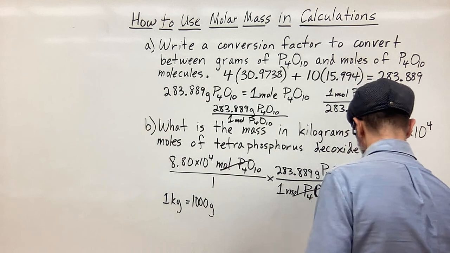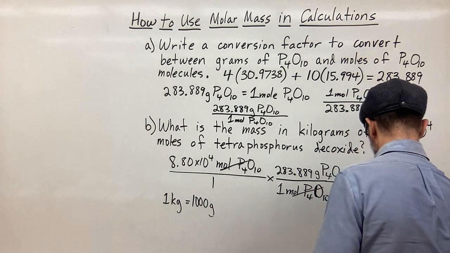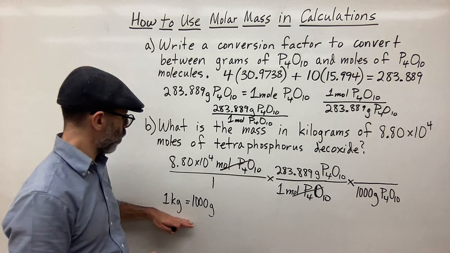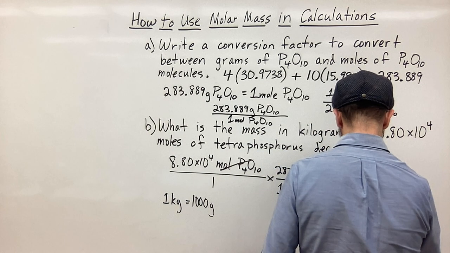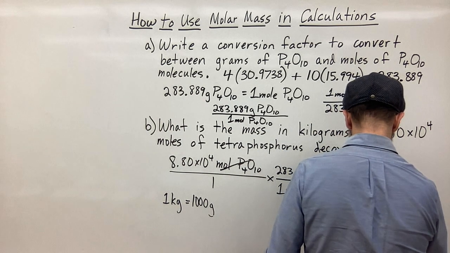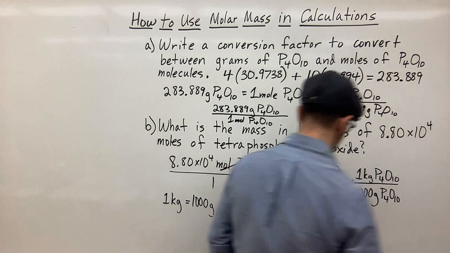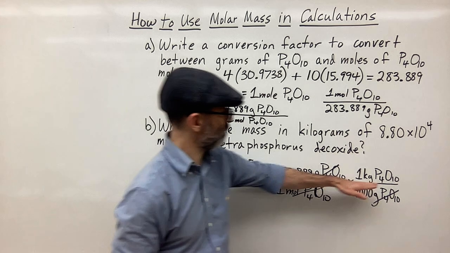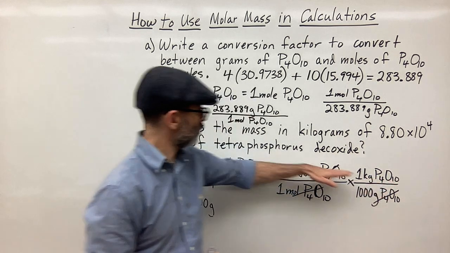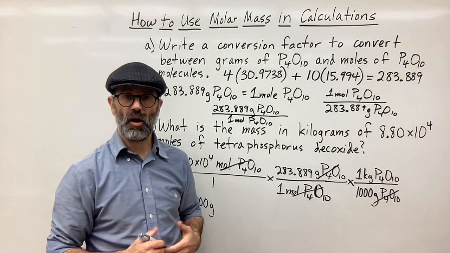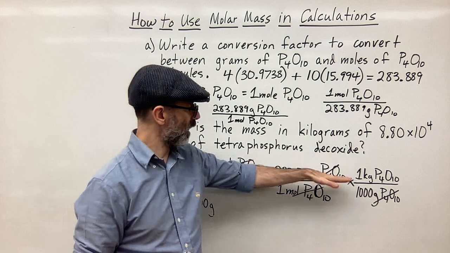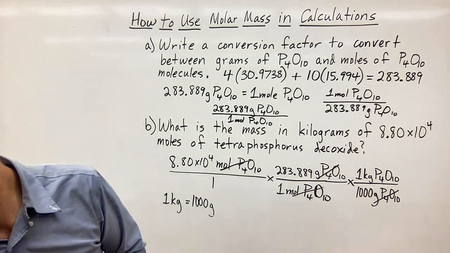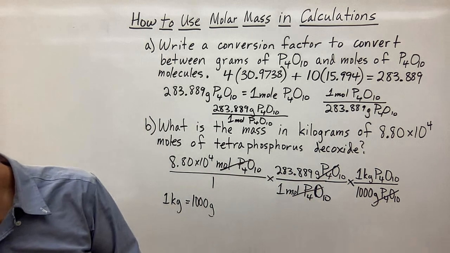So I'm going to put 1,000 grams of P4O10 on the bottom and 1 kilogram of P4O10 on top. So grams of P4O10 cancel out. Now I have kilograms of P4O10 on the top. That's what we want. We're done. So now all you need to do is multiply across the top, divide by everything on the bottom, and you'll get your answer. And the answer I calculated is